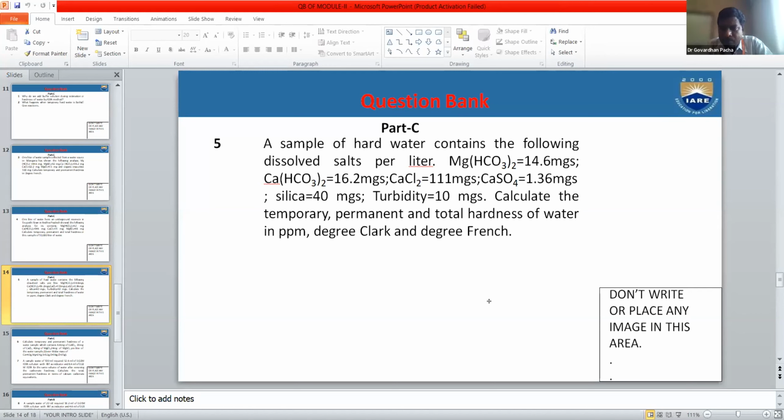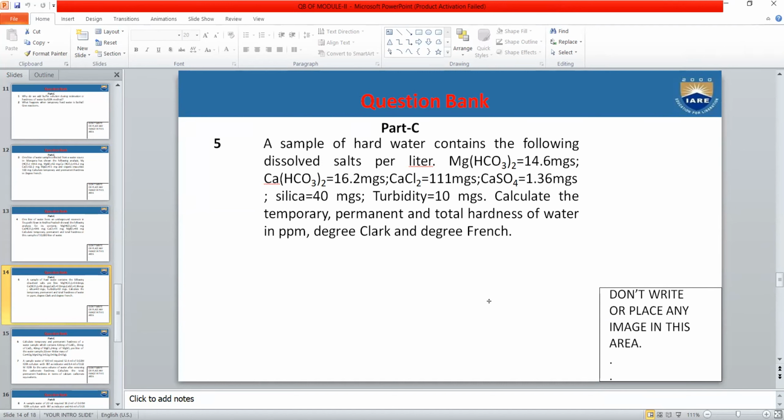CaCl2, CaSO4. Yes, very good. Calcium chloride and calcium sulfate. What about silica and turbidity? They don't cause any hardness. Okay, leave that quantity, silica and turbidity. So consider only 4 salts: magnesium bicarbonate and calcium bicarbonate cause the temporary hardness, and calcium chloride and calcium sulfate cause the